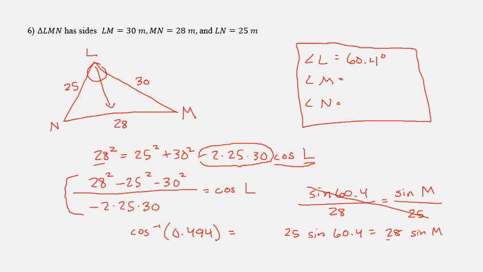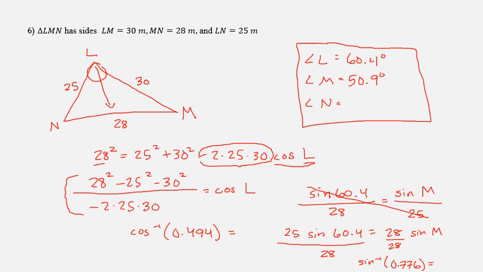So once again, m is stuck inside the sine. We can get rid of the 28. And then we're going to have to do the sine inverse, right? So let's type in 25 sine 60.4 over 28 in the calculator. Okay, so I type that in and I get 0.776. And then we do the sine inverse of that to find the actual angle value, and I get 50.92,